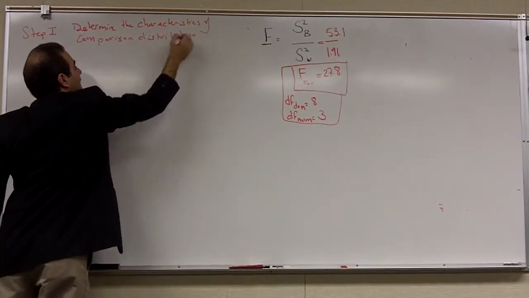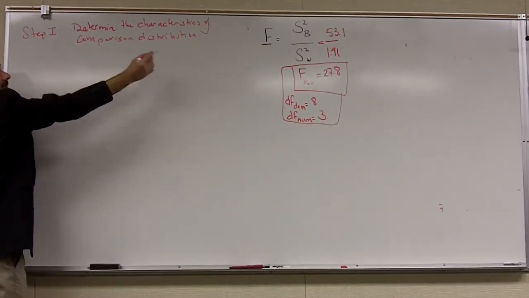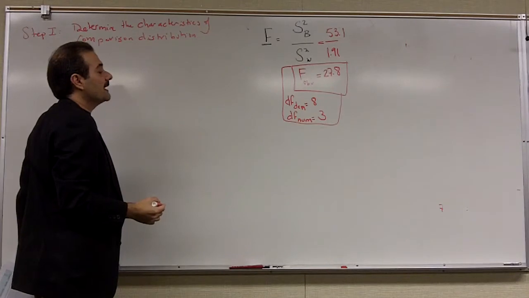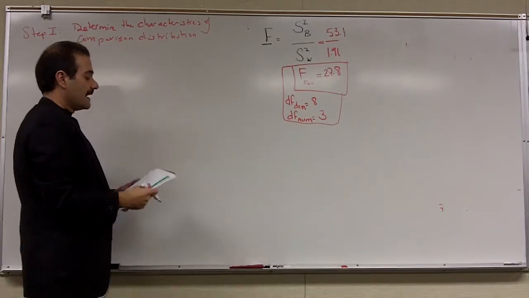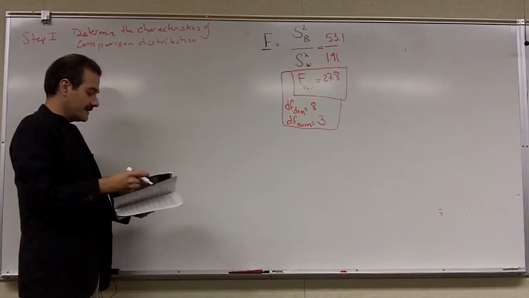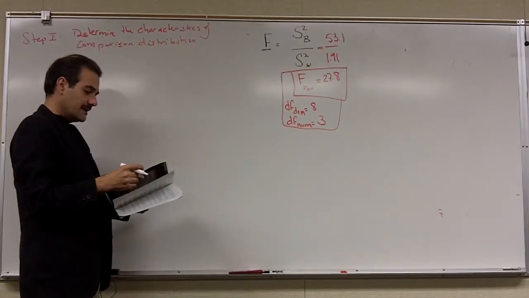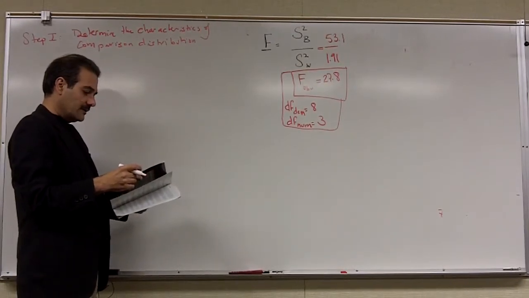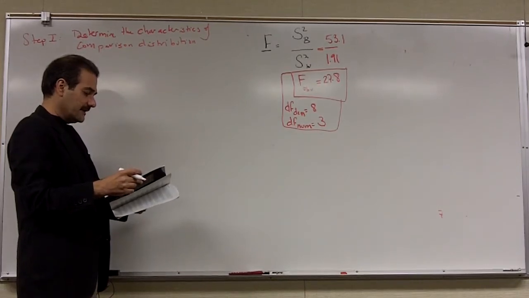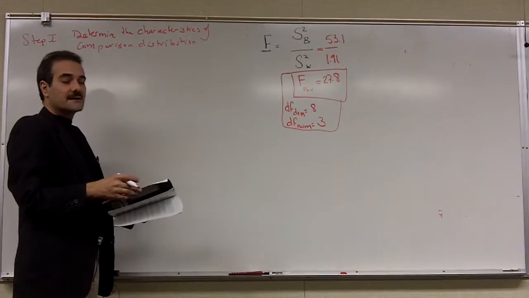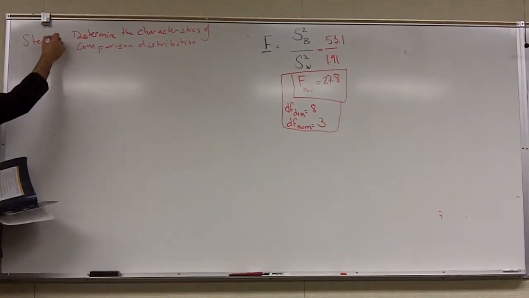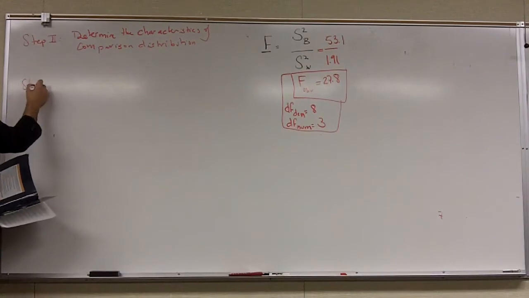And that would be exactly this: F of 27.8 with 8 degrees of freedom denominator and 3 degrees of freedom numerator. And that would be all you need to do. It would also be called an F distribution instead of a T distribution. OK, step number 2. Step number 3,